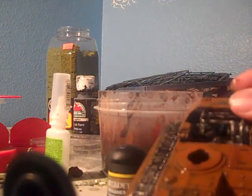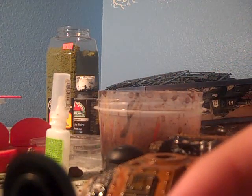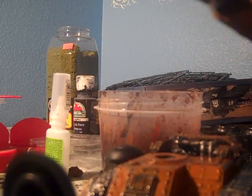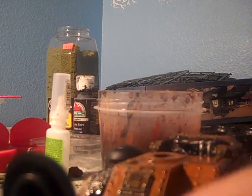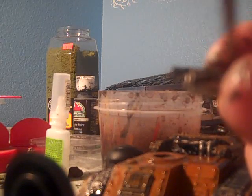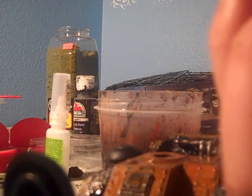I'm gonna let this dry. Let me just show you one more quick time on one of the weapons here. Right here. You're just gonna take a big brush and wipe it all over the model. Very simple, very effective. You start to see depth and shading right away, and a lot of people would just